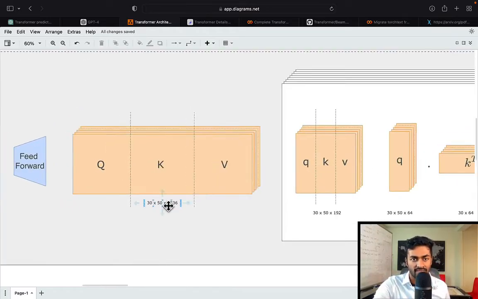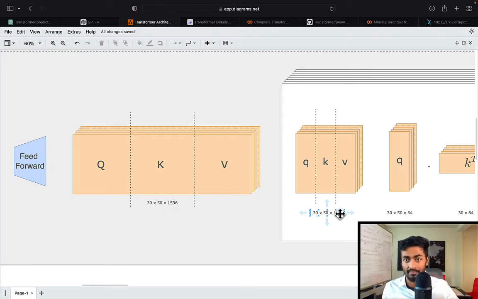So this 1,536 dimensional word vector for every single word is going to be broken up into 8 pieces. So we have this query part, which is going to be broken up into 8 pieces, the key part broken up into 8 pieces, and the value part broken up into 8 pieces. Each piece is essentially going to be a 64 dimensional vector if you do the math. So that's 64 dimensions of the query, 64 dimensions of the key, 64 dimensions of the value, and we stack them in this way to get 64 times 3, which is a 192 dimensional vector representing every word